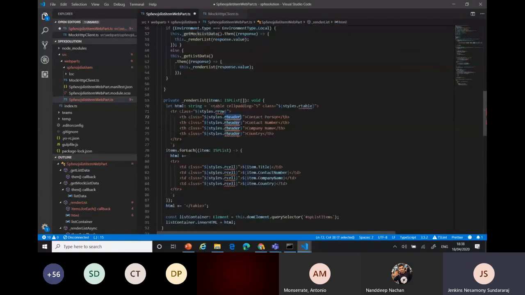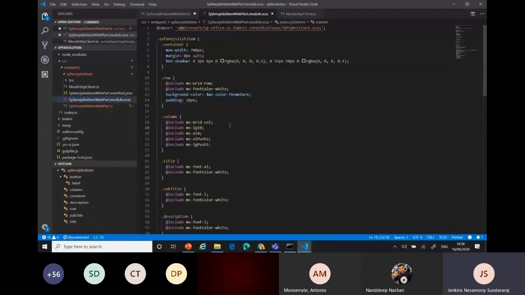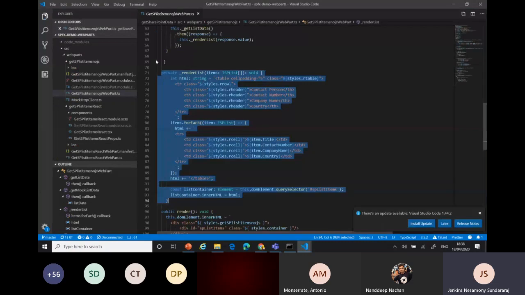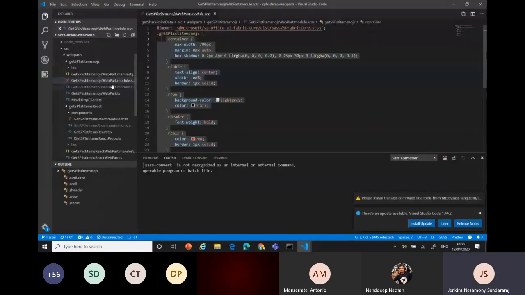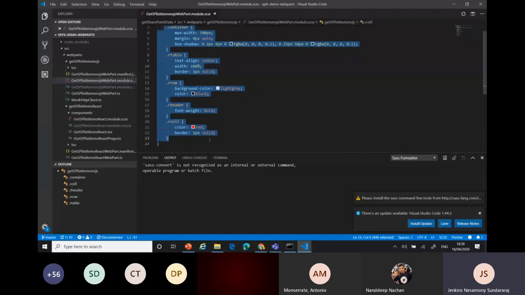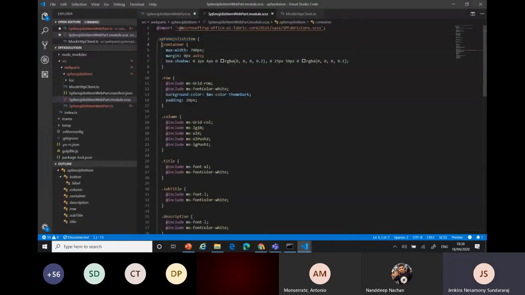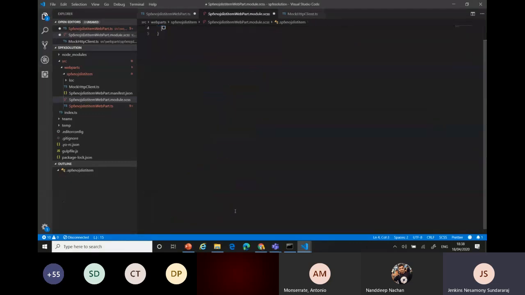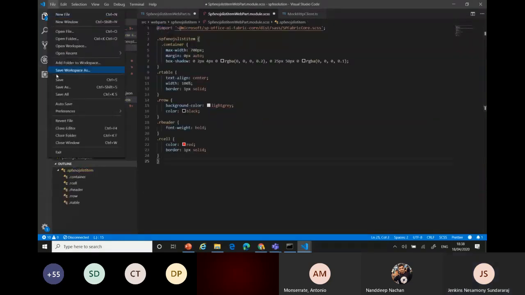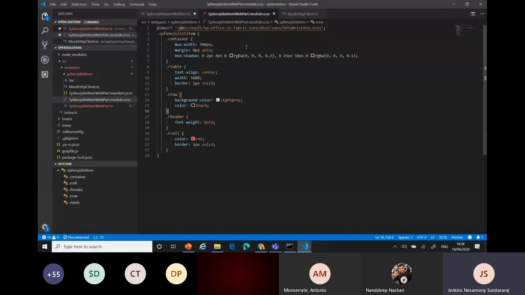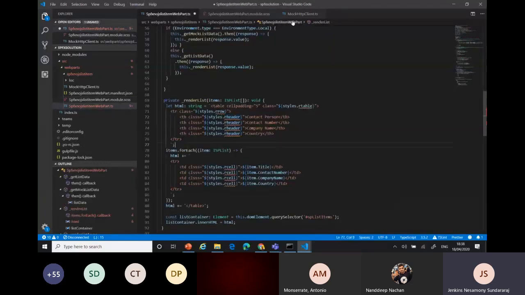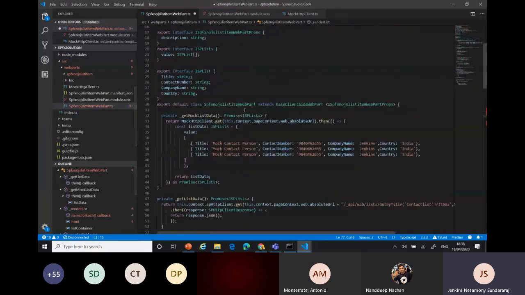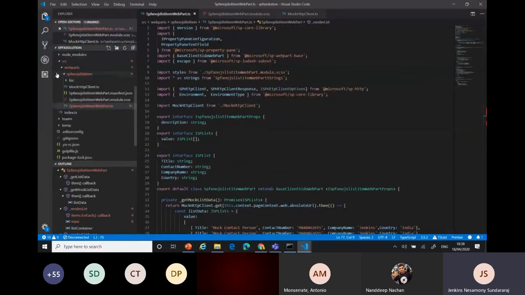Here you can see the style. I want to change the style because I want to display my own designs, right? You can always convert your CSS to SCSS, just a container you want. Other than that, nothing is there. I'll show you. What I do is I'll replace this because I'm using my own styles. I used my own styles. I added a container, table, row. That's a simple table structure. And I got this one. Now I want to import that class, it's already there, right? I'll see.